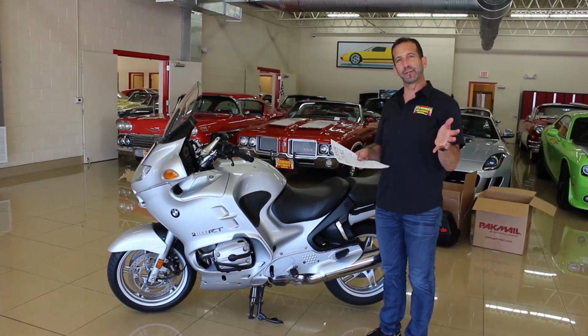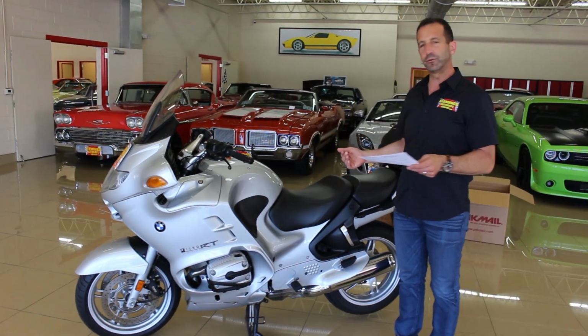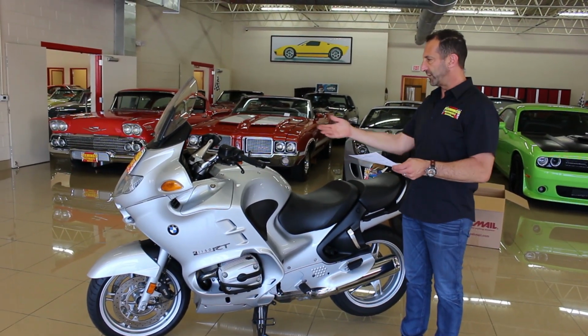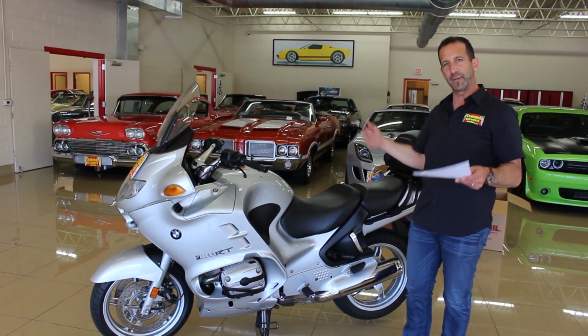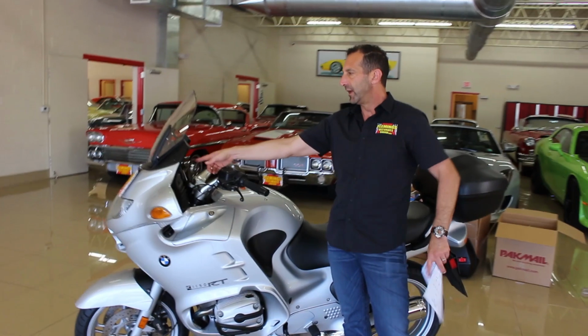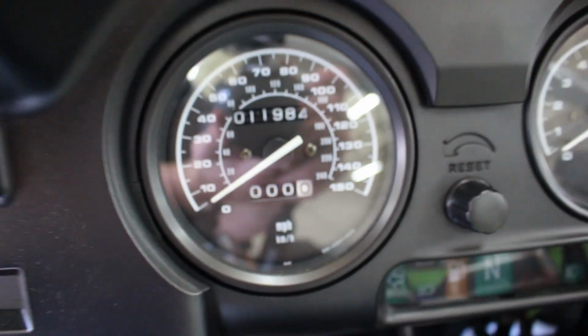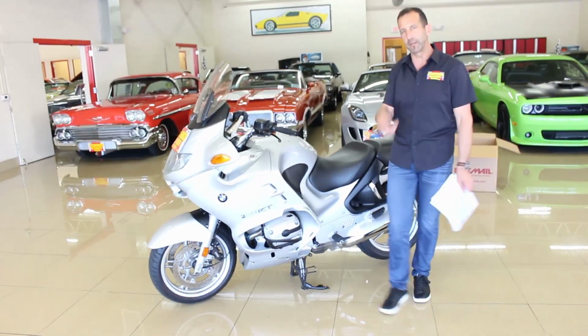So the last couple of things we wanted to talk about. I know it doesn't seem like a really long video, and if you know these bikes, you know the details that come with them. I didn't want to go over everything, including the Telelever front suspension and the anti-lock brakes and the bags and what have you, but come up here for a second. We're talking about 11,984 miles on this bike. That's less than 1,000 miles a year. Garage kept, taken care of, serviced, detailed,